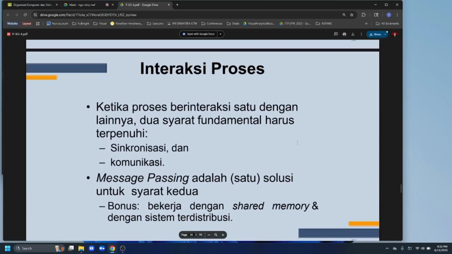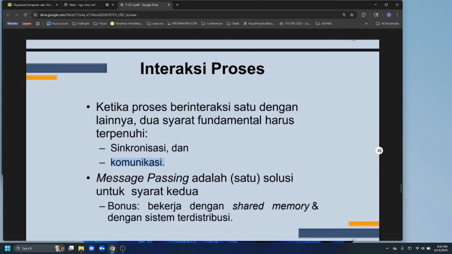Now, process interaction. If processes interact with one another, there are two fundamental requirements. The first one is synchronization, and the second one is communication. Message passing is one of the solutions for the second requirement, communication.